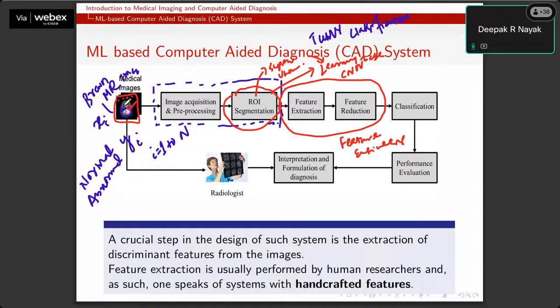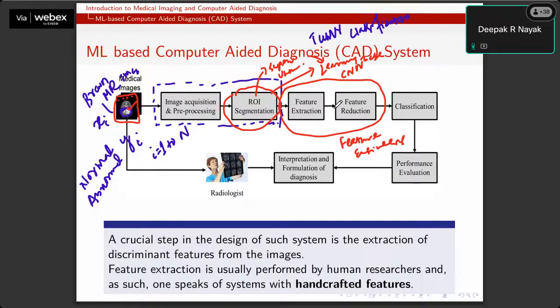If you want, you can do this. If you find the abnormalities, or the important patterns, are present all over the image, it is difficult to do these ROI segmentations. So these are optional steps, or sometimes required. You need to check whether you need to identify the ROI first and then identify the patterns or not. Then the very important stage in any machine learning based system is known as feature engineering. The goal here is to extract the features from the pre-processed images, right?